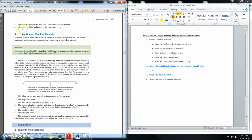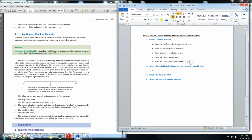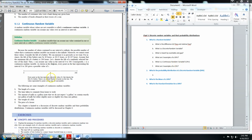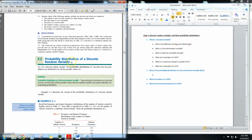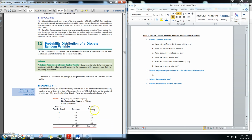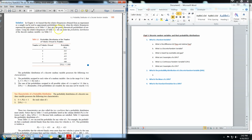If I keep turning over the page, I get to see continuous random variable. What is a continuous random variable? My very next question for that would be immediately, before I even think about it, I already know, what are 3 examples of a CRV? Using abbreviations is really helpful. It'll speed you up a little bit as well. So we can keep going through just like that. We just go through and read and put down questions. I get to go on to the second one here. Probability distribution of a discrete random variable. Boom, what is that? What is this distribution? Again, we get our relative frequency popping up again. We get probability. If we have a quick read in here, we might notice that it does say something about probability. Maybe there's a relationship. I'm seeing them both pop up, so I need to have a